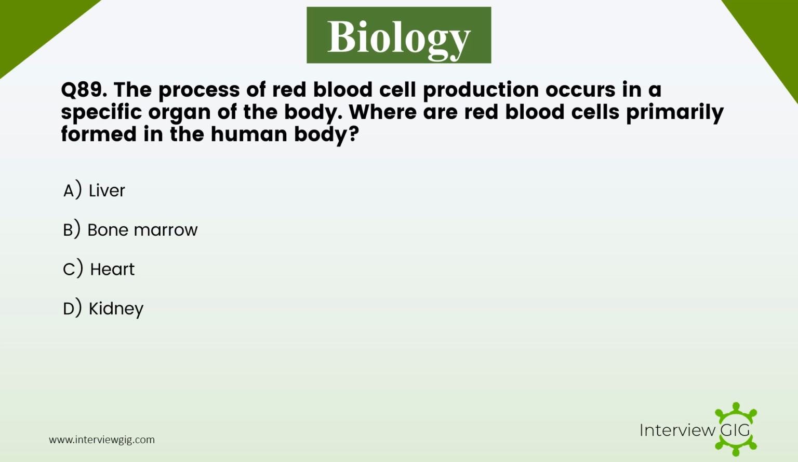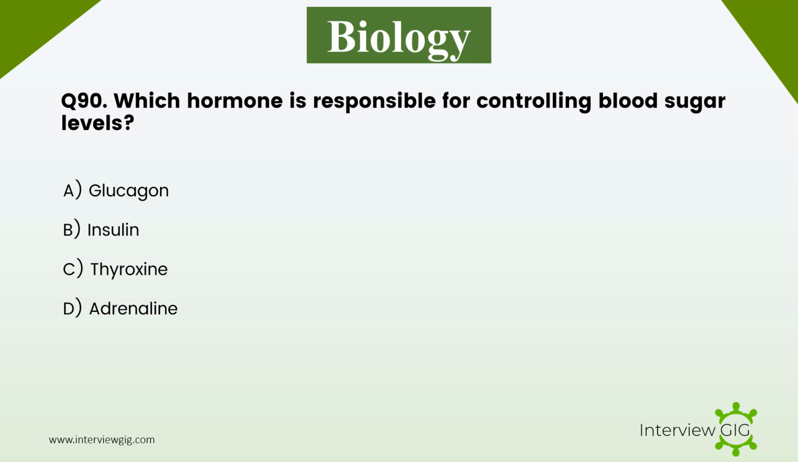The process of red blood cell production occurs in a specific organ of the body. Where are red blood cells primarily formed in the human body? A. Liver. B. Bone marrow. C. Heart. D. Kidney. Answer B. Bone marrow. Next question. Insulin is a hormone that plays a vital role in regulating blood sugar levels in the